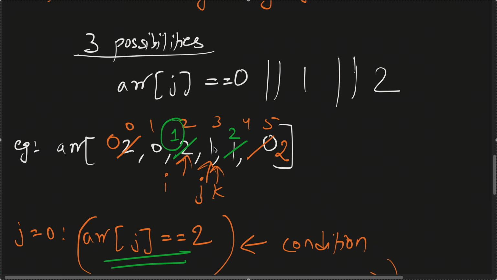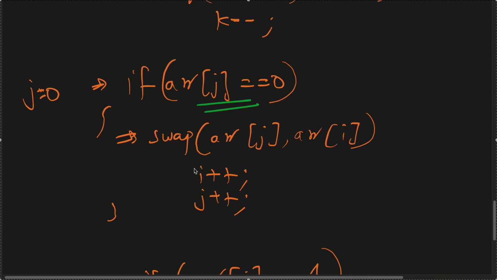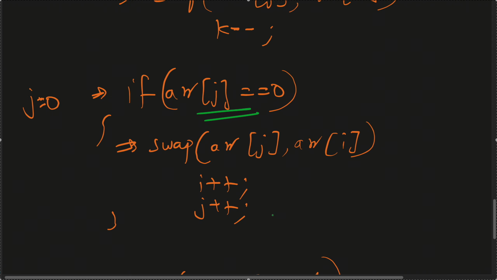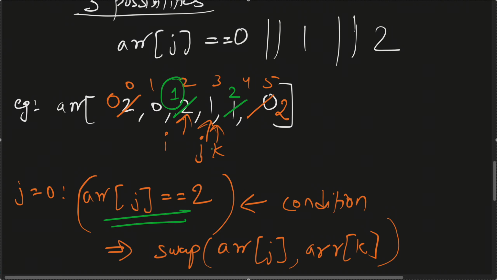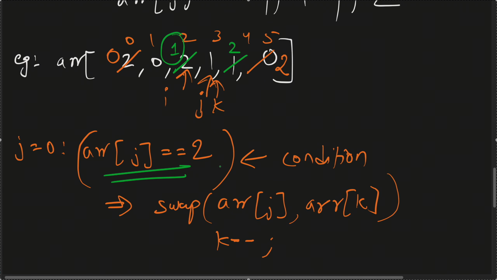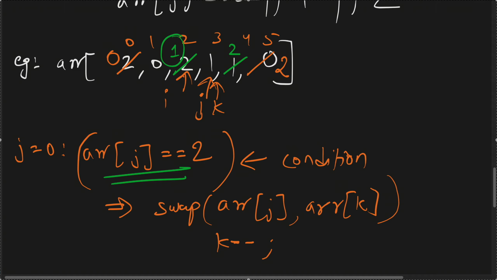Now what is the j value? Array of j value is 1. So if array of j value is 1, then again which condition is satisfied? This condition is satisfied when array of j is equal to 1. What does this condition ask us to do? We just increment the j pointer. So we will increment the j pointer, and now j will be